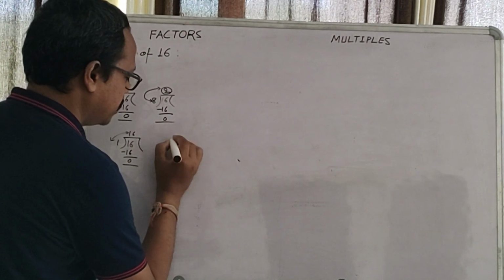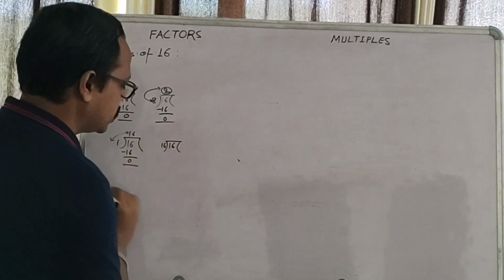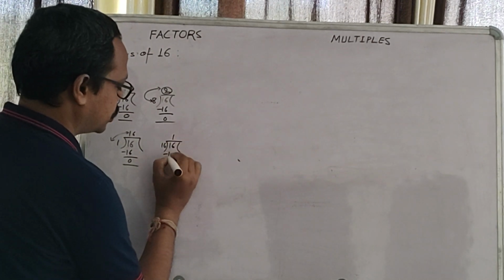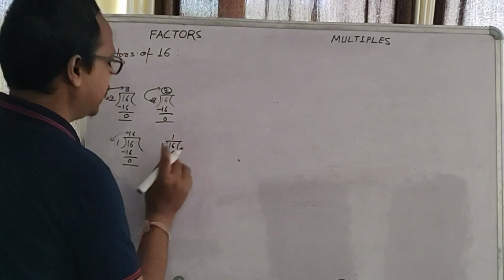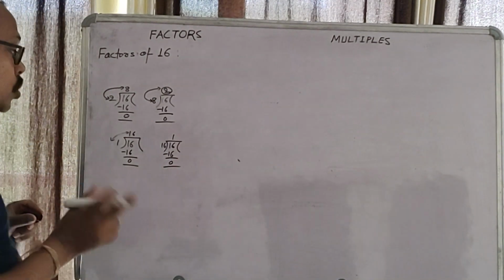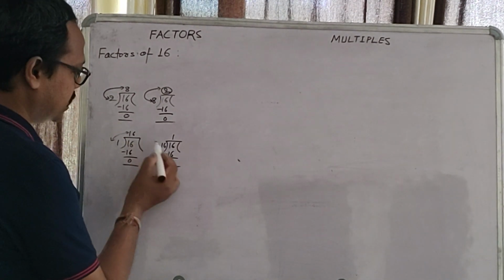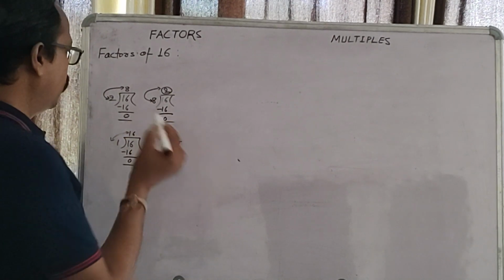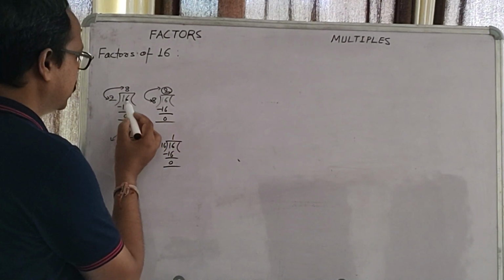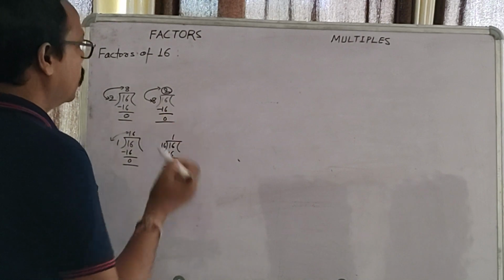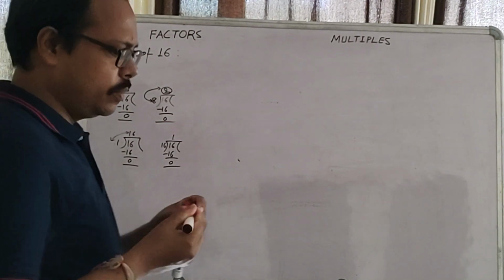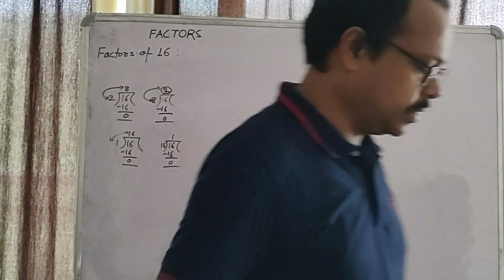What is the quotient? This time the quotient will become 1. So the remainder has to come 0. So we can say there are two factors of 16, 1 and 16. Two factors of 16, 2 and 8. So this way we will list down different factors of